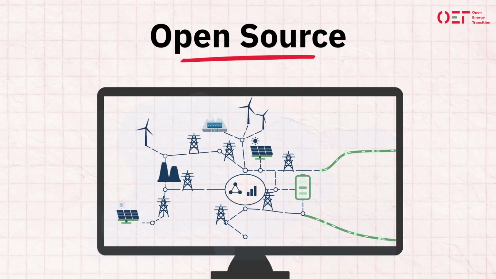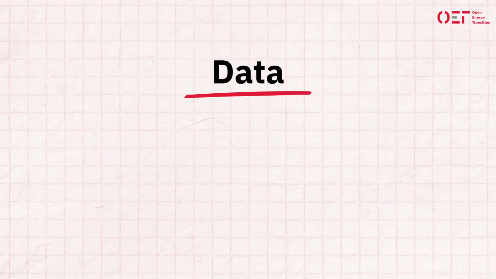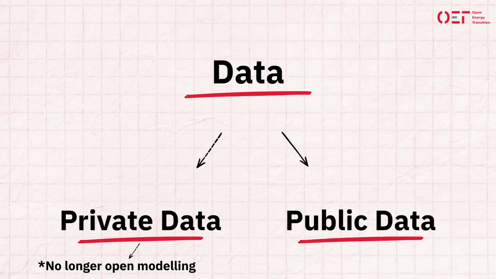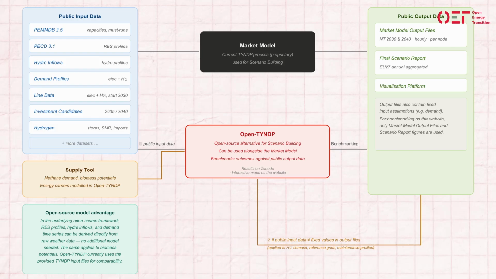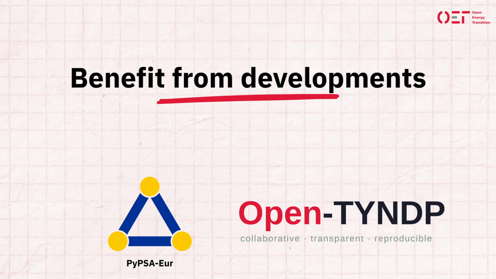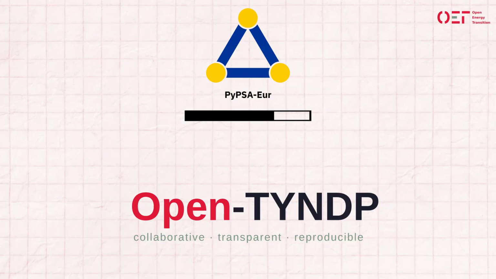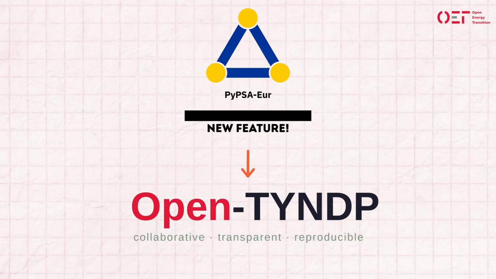An advantage of an open source model and workflow is that you can structure the code to be able to use any data based on needs, whether private or public data. The Open-TYNDP, for example, replaced most of the default open PyPSA-Eur data with the public TYNDP data in its workflow where possible. Another advantage is that you can still benefit from changes made to the base modeling workflow, such as PyPSA-Eur for Open-TYNDP. Depending on how your own modeling workflow was developed, it is possible to take and integrate those changes with your own, and thus still benefit from improvements and features while still developing your modeling workflow as you see fit.